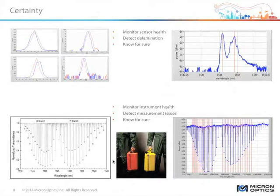So for the applications where customers simply cannot afford to have incorrect data passed, this instrument can be self-aware and block any transmission of data if these conditions haven't been met. So that gives you certainty in the instrument. What's also important to any sensing application is certainty about the sensor. We've talked a lot already about the simultaneous full spectrum and peak detection capability, and that's really great for setting up sensors and ensuring that splices are